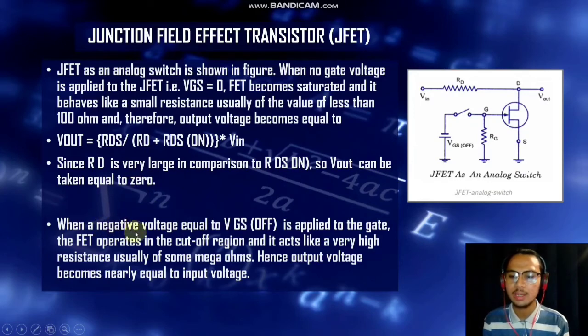When a negative voltage equal to VGS off is applied to the gate, the JFET operates in the cut-off region and it acts like a very high resistance, usually of some mega ohms. Hence, output voltage becomes nearly equal to input voltage. Okay. Next